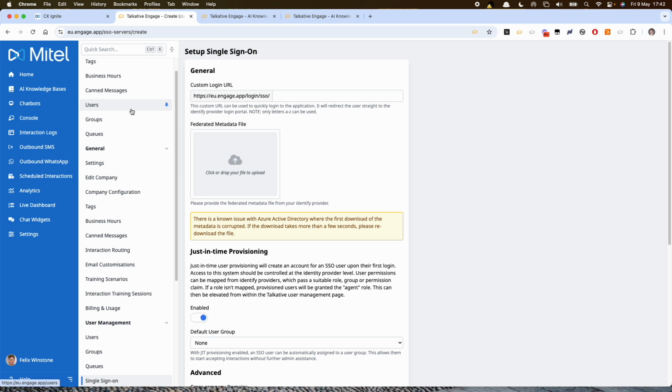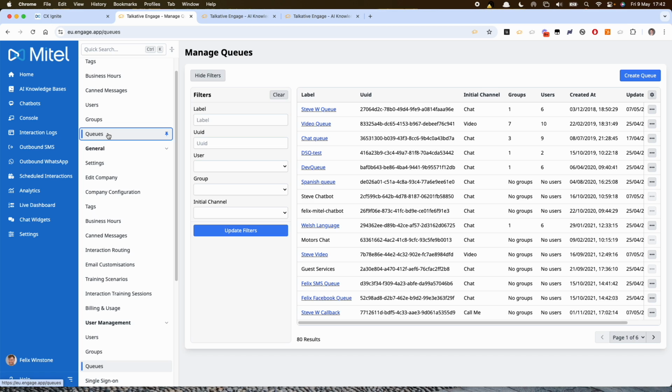Once you've added your users, you'll see a reference to groups, but because we're using the Mitel to route the interactions, we don't have to worry about groups at all. The only other thing we'll want to set up is queues. And in my demo account, I've got a lot of different queues here, but you'll probably only need 3, 4 or 5 queues. So if you've got, say, a sales queue and a service queue for your incoming chats, you'll need both those queues